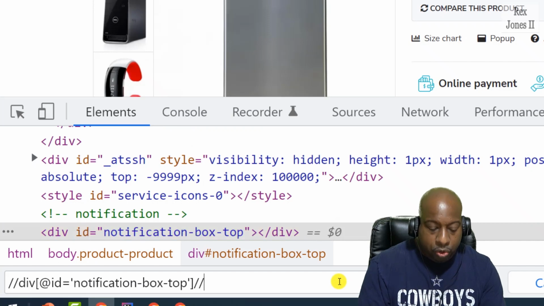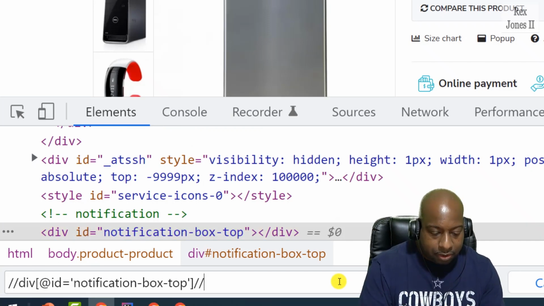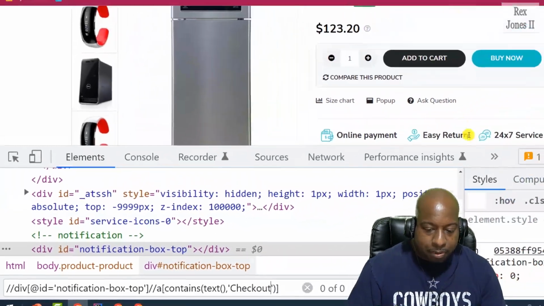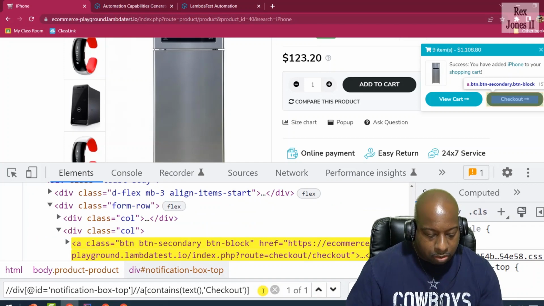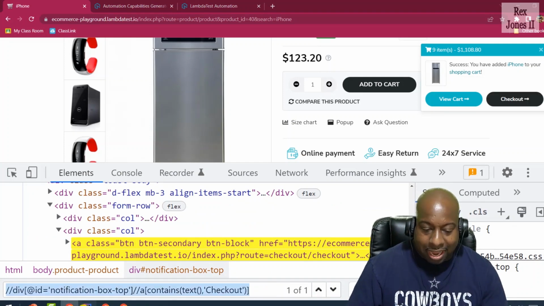Now we're going to find the text of the checkout to see if it contains the text. Hyperlink represented by the A tag contains parenthesis with text on the inside, comma, 2 single quotes, checkout. Now it's not showing up because checkout is not there anymore. Let's see if it works now. Bingo. Found the element. Now let's go back to the IDE